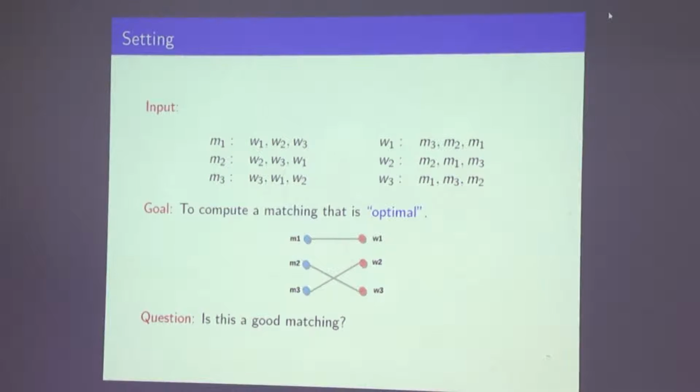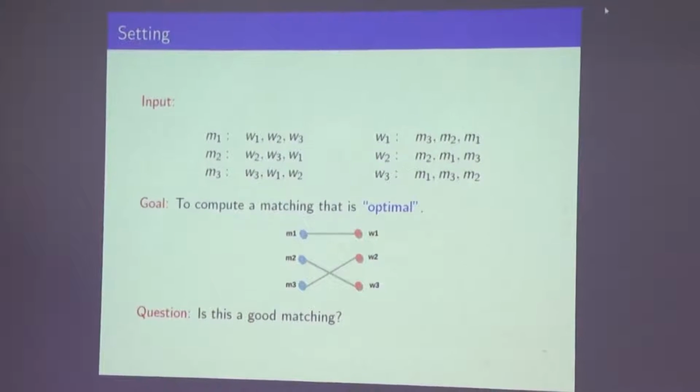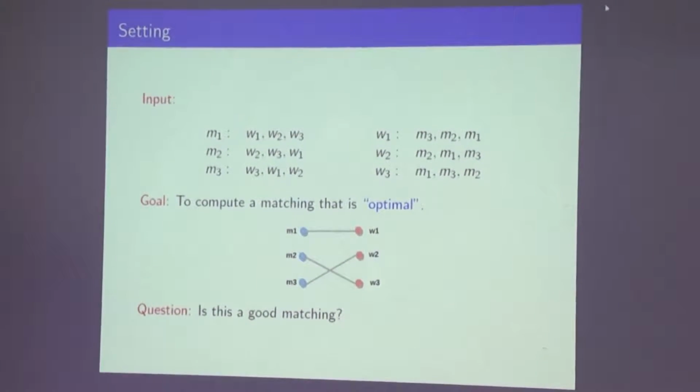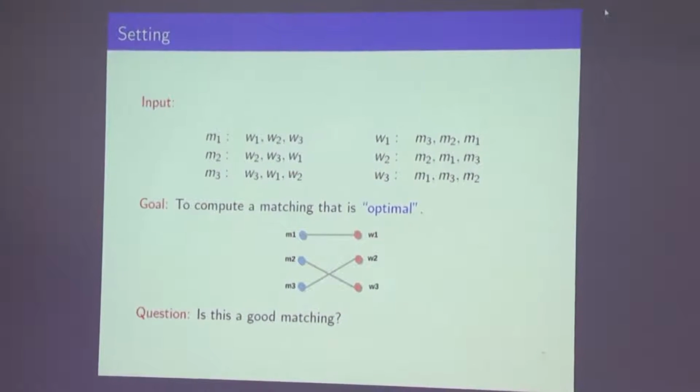Of course, it has size 3. So everybody who wanted to be paired off is paired off. In terms of cardinality, this is the maximum that you can do. And there is no question of cardinality, because in fact you can find perfect matchings, or maximum matchings, of size 3, or size n. So how will you try to answer whether this is a good matching or not?